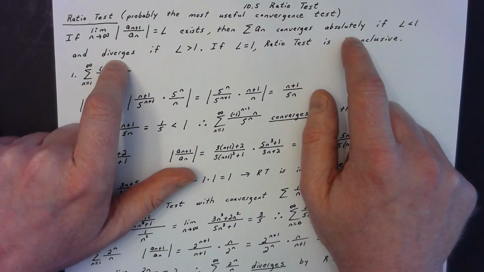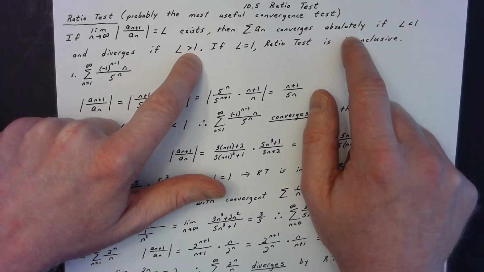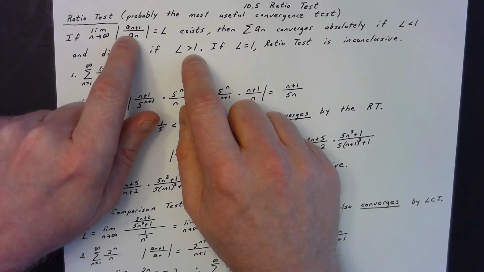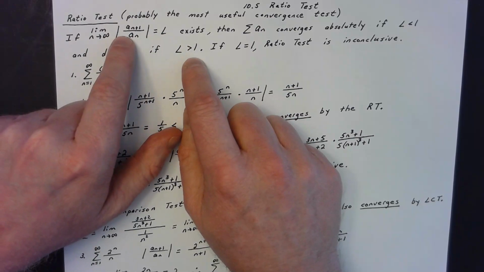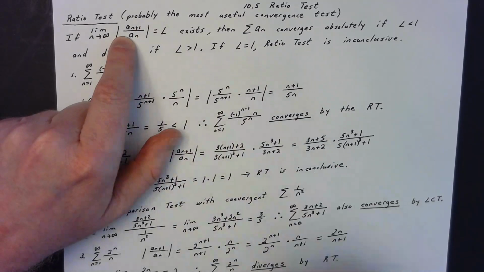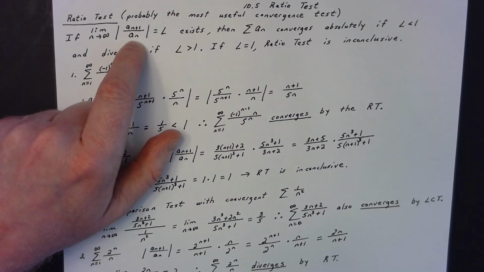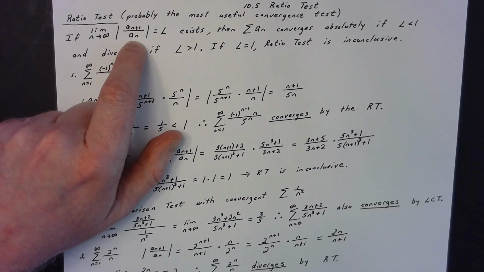Now, we say it diverges if L is greater than 1. That should also make sense to you. The reason that should make sense is, how would L be greater than 1 in this scenario? The only way L would be greater than 1 is if the a sub n plus first term would be larger than the a sub nth term. And in that scenario, that just means that each term of your infinitely many term series is getting larger and larger and larger. Well, of course it's going to diverge in that scenario.